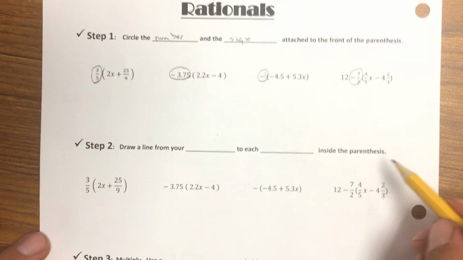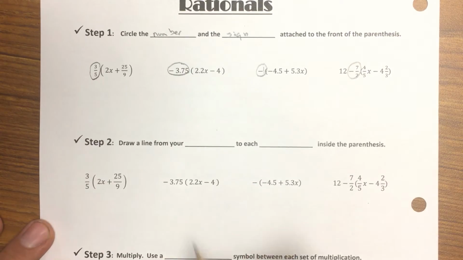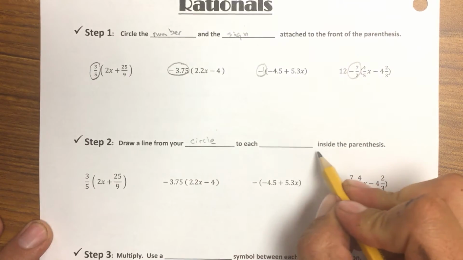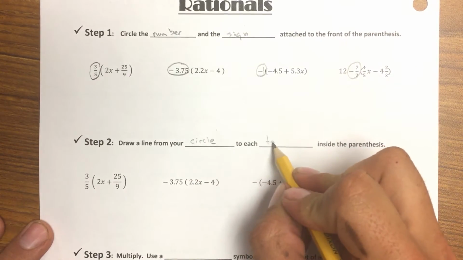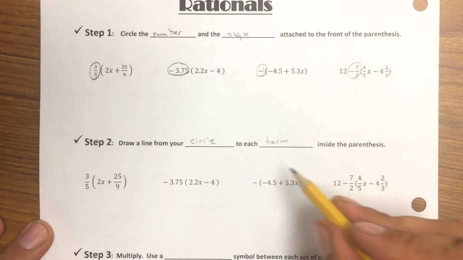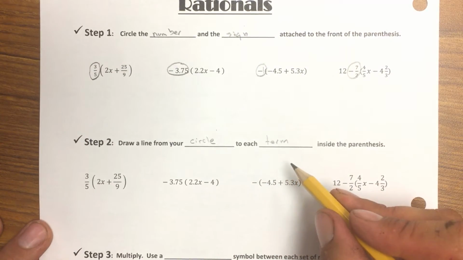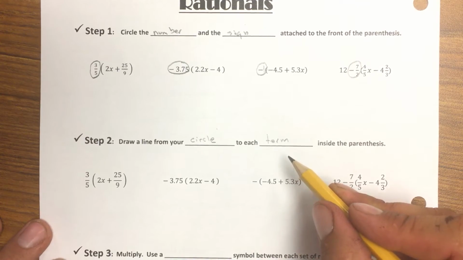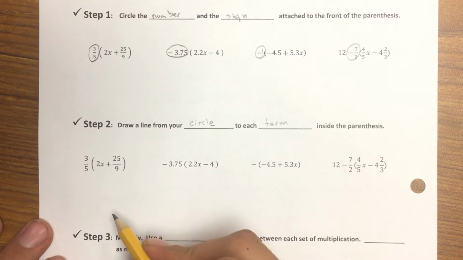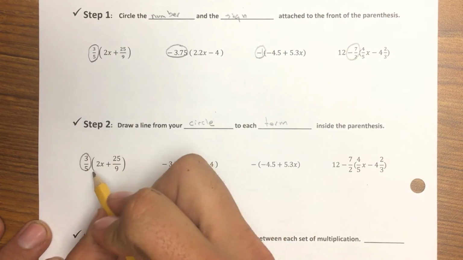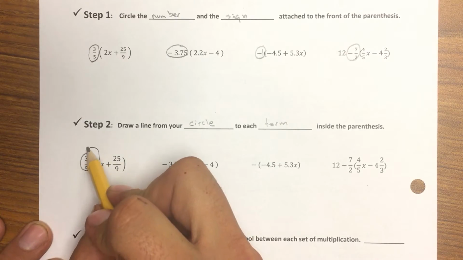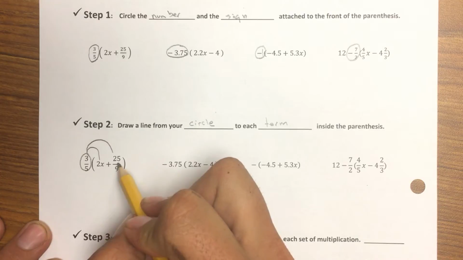Okay, so moving on. Step 2, we're going to draw a line from our circle that we made to each term inside the parenthesis. We want to go to each term inside the parenthesis, which means the number and the variable attached to it and its sign. Remember, that's what a term is. So on this first example, we've already circled our 3/5. Now I'm going to draw a line from my 3/5 to my 2x and from my 3/5 to my plus